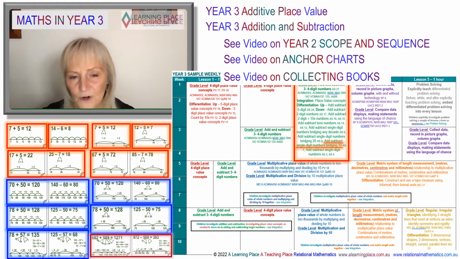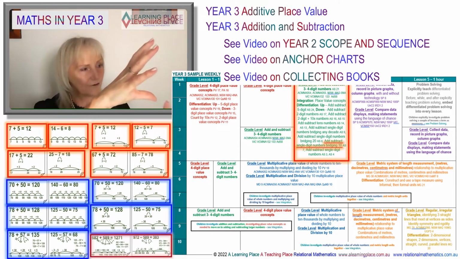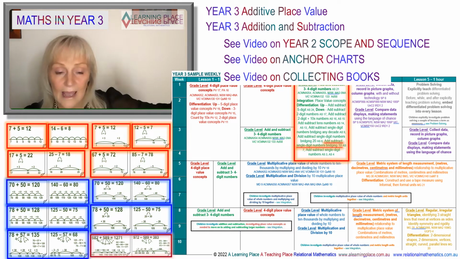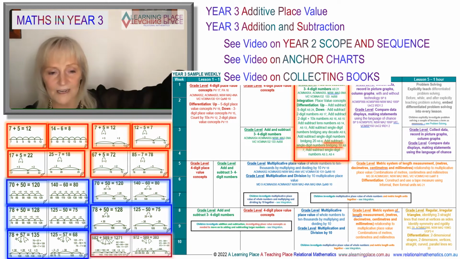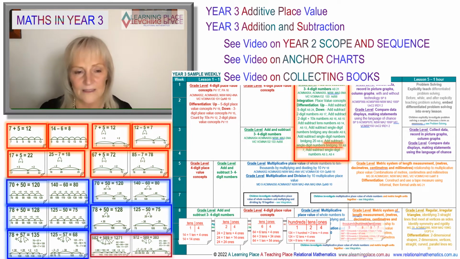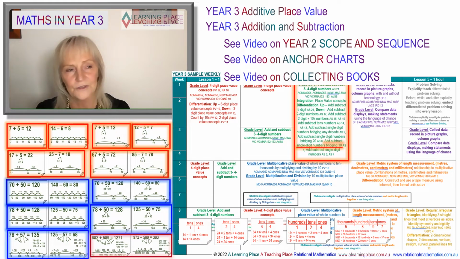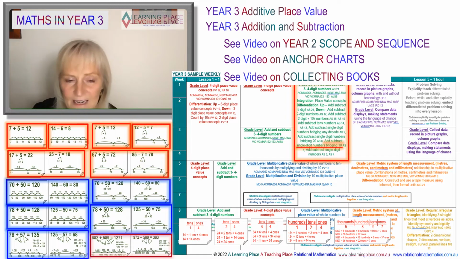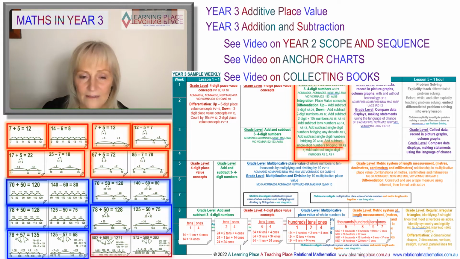So again, in year 3 and 4, you might start at the year 1 level for them, and then you've got the levels up, and again, take levels down that no one's using anymore, so you're not going to have a zillion levels on the wall. And then when a child's ready for adding and subtracting 3-digit numbers, it's just another level, and then another level, and so on. And it's the same with teen number, 20s and 2-digit place value, 3-digit, 4-digit. When no one needs teen anymore, take it down. When no one needs 20s anymore, take it down. So again, you will find that kids are going to be maybe working on lower grade levels for the first half of the year, but